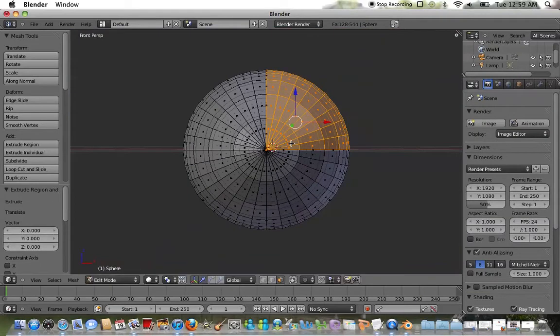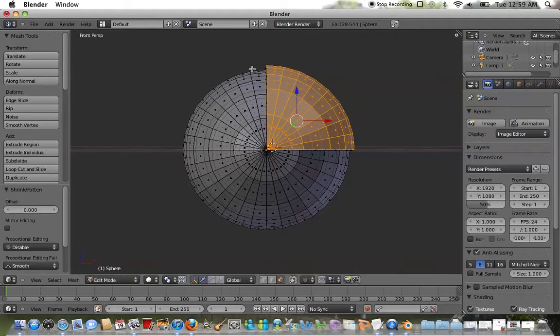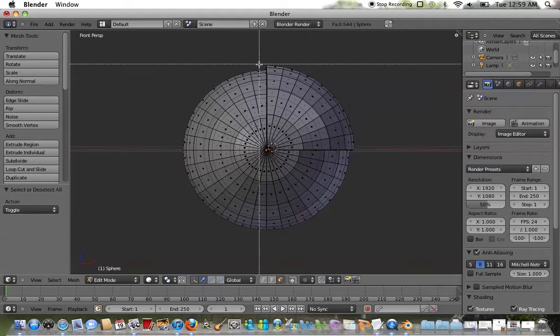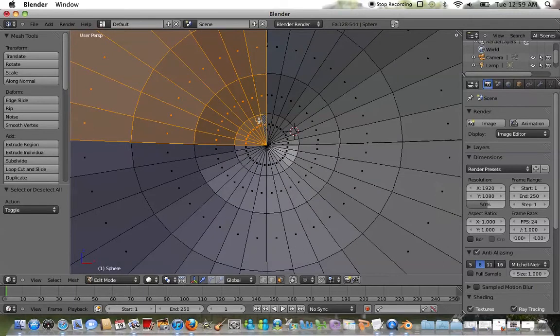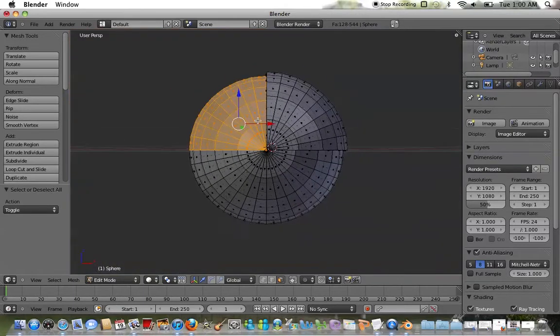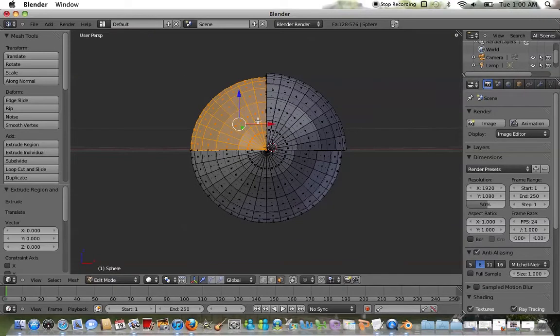E key, enter, and then I'm going to hit Alt S, and let's make this value 0.04. Okay, deselect with the A key and continue selecting these faces, the remaining faces of the four quarters. E key, enter, Alt S, 0.04,